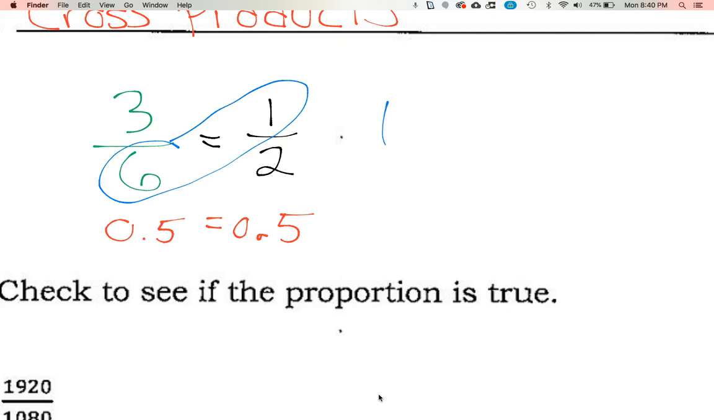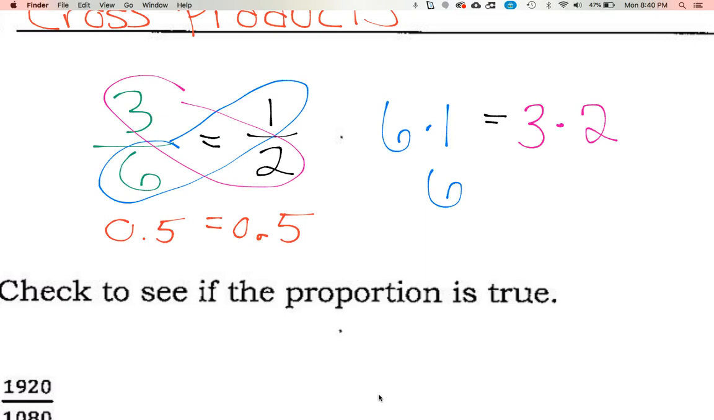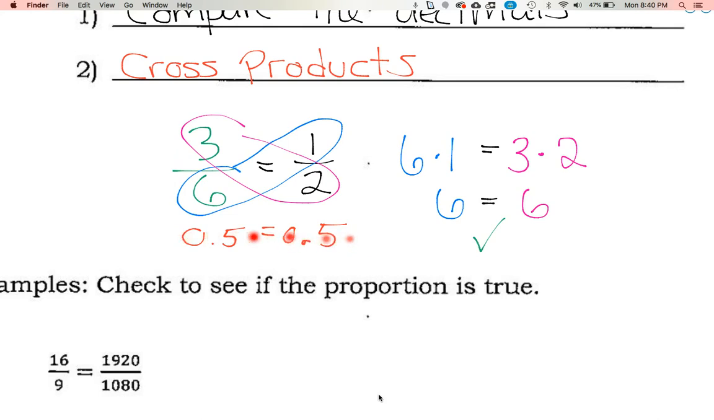6 and 1. So 6 times 1 does it equal 3 times 2? And it doesn't matter which one you do first. So change both fractions into decimals, cross products. Now, obviously, the decimal was much easier, but this is going to be our strategy when it comes time for